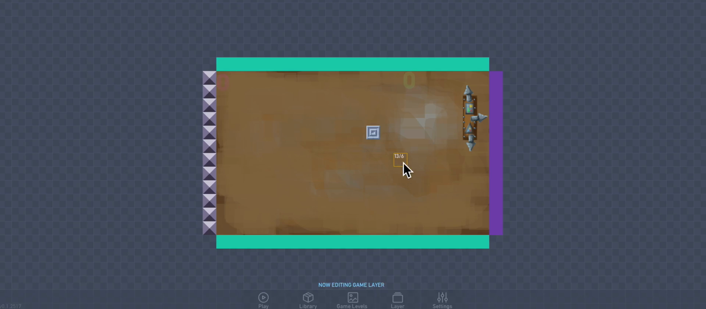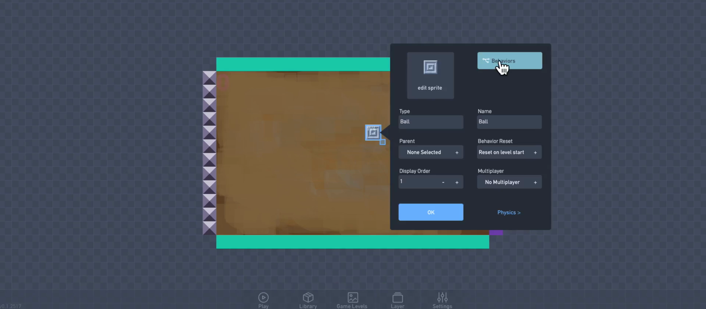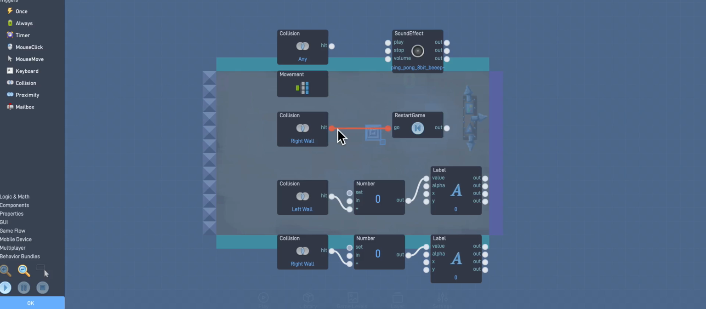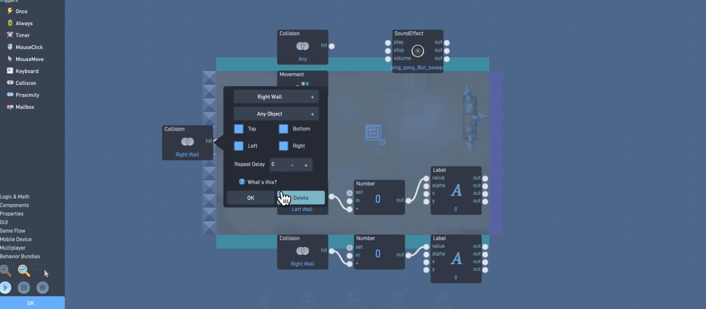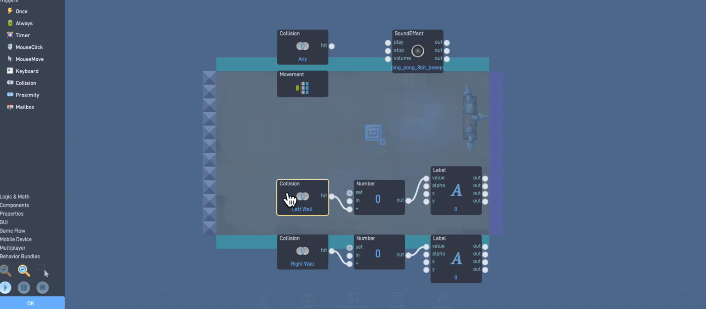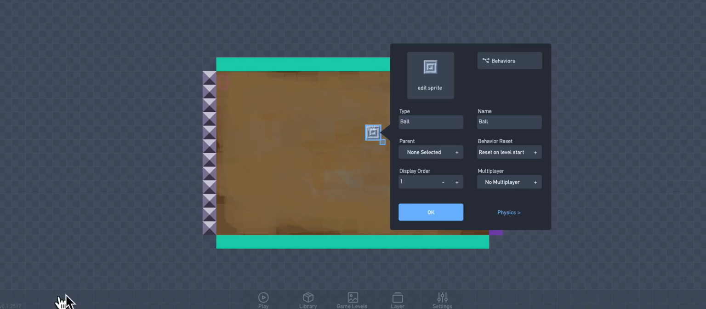So why is that happening? Well, we don't need that feature anymore. So I'm going to go back to the ball sprite, edit, behaviors, and it's happening because of this code right here. It's detecting the collision in the right wall, and then it's restarting the game. So I'm going to click on that, and I don't really need it, so I'm just going to delete that. You always want to make sure you delete old code. And now to test it out,